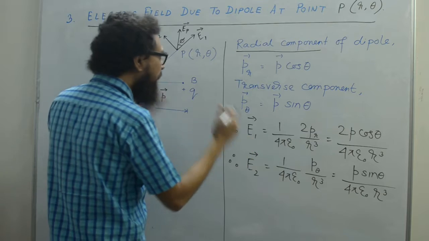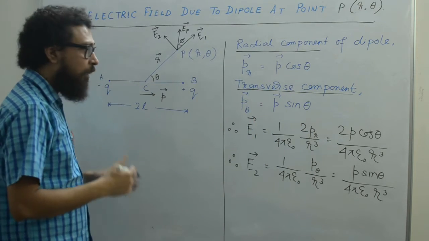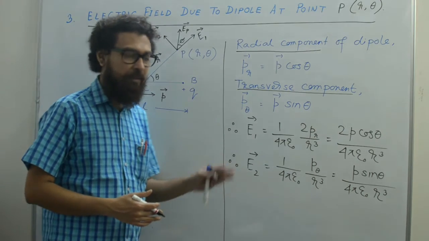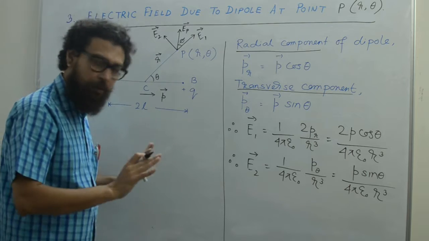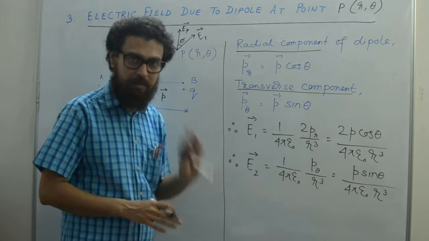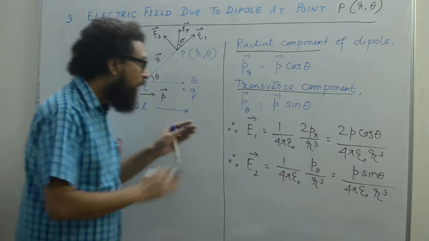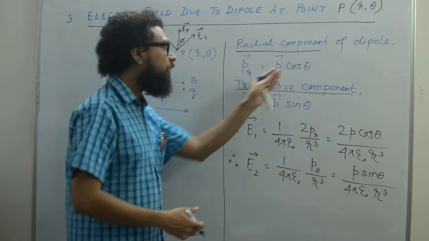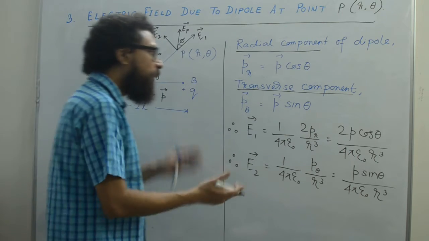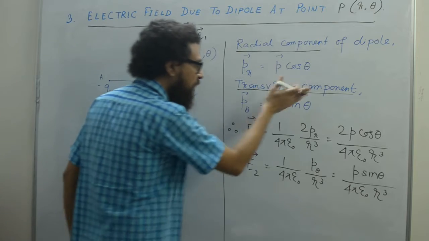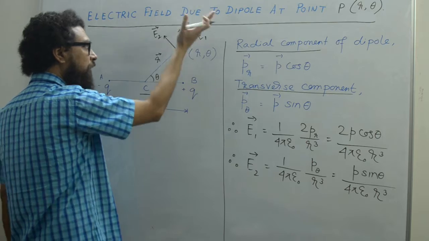And similarly, we have another component called the transverse component. Now what is transverse? It is very simple. Remember like this, that we have a radial component along the vector r. We write it as PR, which is equal to P cos theta as per the normal vector resolution rule. And we have another component which will be perpendicular to P cos theta, and that is called transverse, like a transverse wave, perpendicular to one direction. So the transverse component P theta is P sin theta. The P theta is perpendicular to PR.